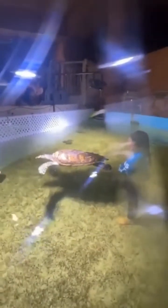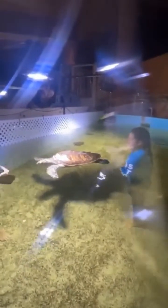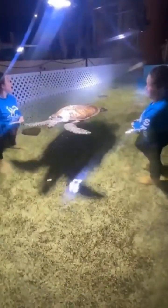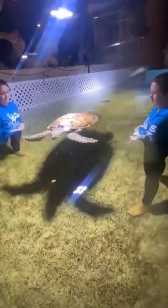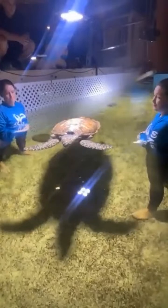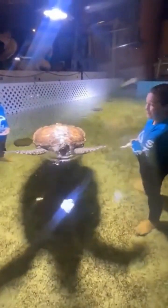I think what you just saw is her moving her head up to take her very first breath in her brand new tank. Wonderful. We just love her already, and I know all of you do as well. She is not only beautiful, but she deserves all of the easiness of life after a really rough start, and we're exceptionally grateful for our partners in Puerto Rico at the Caribbean Manatee Conservation Center. Dr. Antonio has been a great partner. If you are taking a family trip to Puerto Rico, you are going to have to go see them. They have some of the best looking manatees. You're about to get a bird's eye view